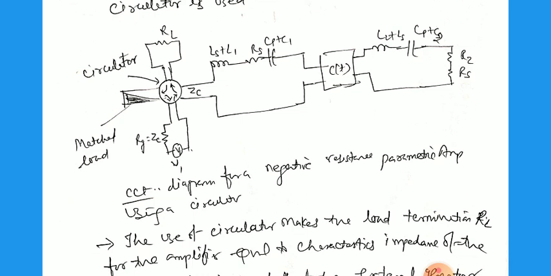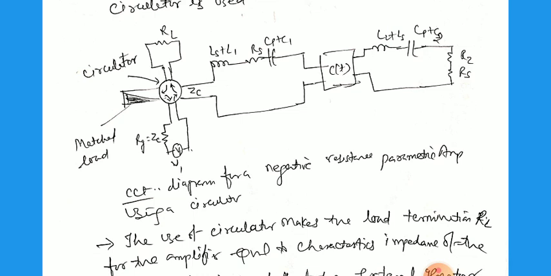Here the CT is the non-linear reactance, that is the capacitor, and that is the input circuit. LS, L, that is the coil, and this one is the tank circuit. And here we have connected the circulator, and similarly on the other side, that is the LL, and this is the LS, that is the inductance or conductance of the source, resistance of the source, and the C2, R2, CP. These are the capacitors related with this one. So this is a clear cut circuit diagram of it.